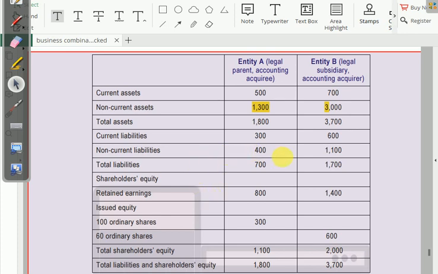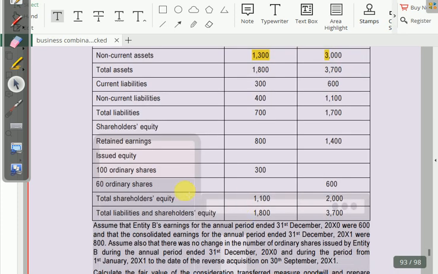नॉन करंट लायबिलिटी 400 और 1100 700 और ये जो टोटल है, फिर हम ऑर्डिनरी शेयर्स में आ जाते हैं, 100 शेयर्स, 60 शेयर्स, वो हम बाद में देखते हैं। फिर टोटल शेयर होल्डर्स इक्विटी, टोटल लायबिलिटीज एंड इक्विटी। अब नीचे आ जाते हैं, इसमें क्या लिखा, अज्यूम दैट द एंटिटी बीज अर्निंग्स फॉर द एनुअल पीरियड एंडेड 31 December 2000 was 1600